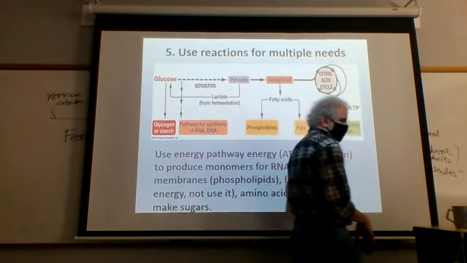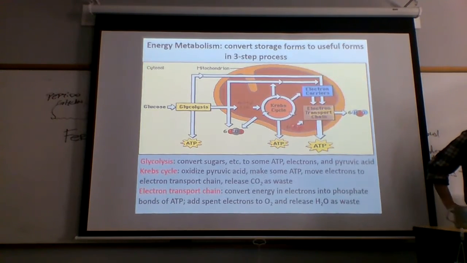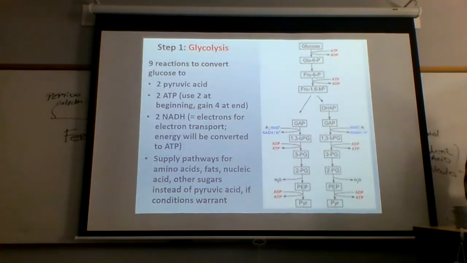All right. So this is just sort of a summary here. Glycolysis, we're making some ATP. The Krebs cycle is oxidizing the products of glycolysis. And then the electron transport chain. So in aerobic respiration, we're going to use oxygen. And this is just sort of a review. Here we go. You do not need to know it in nearly this detail.